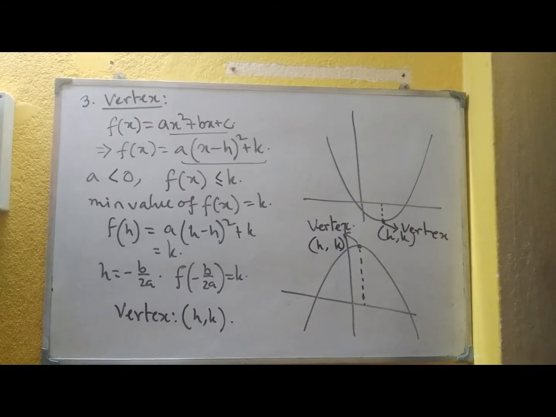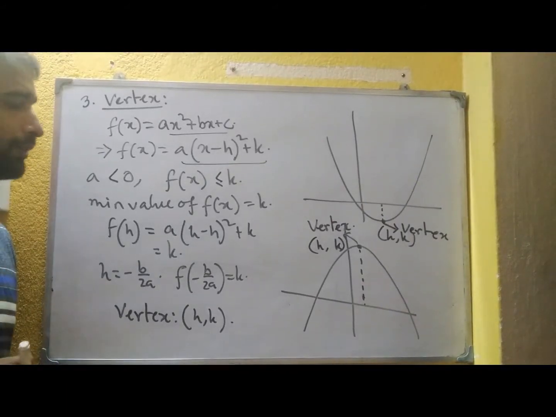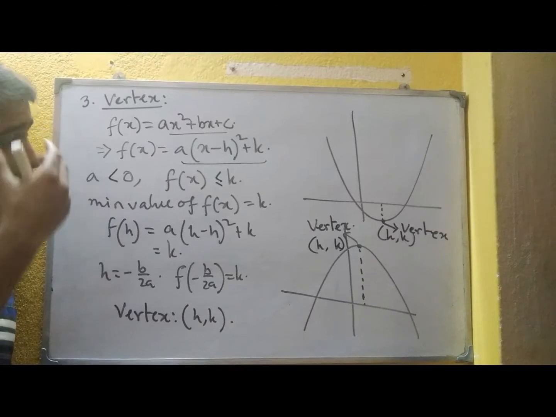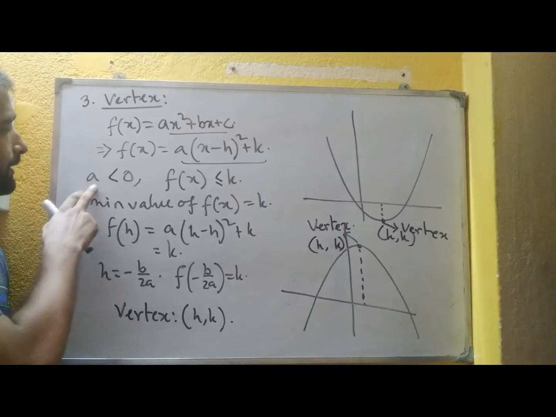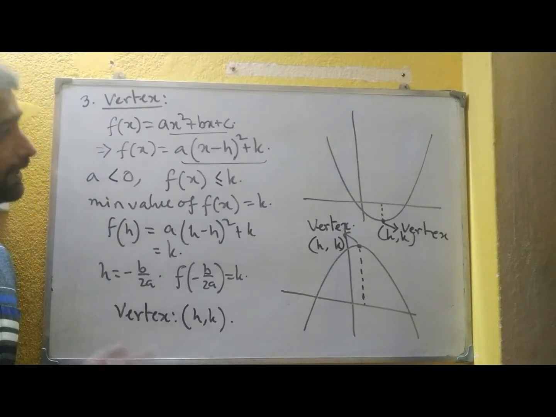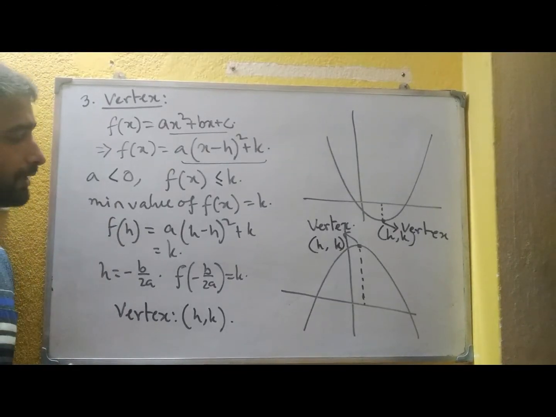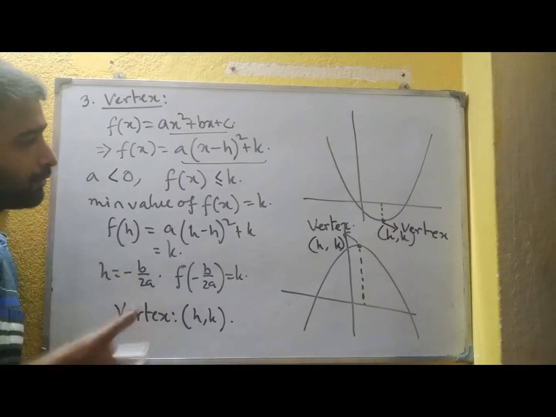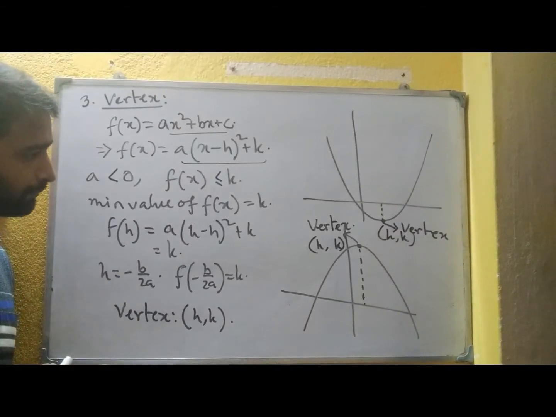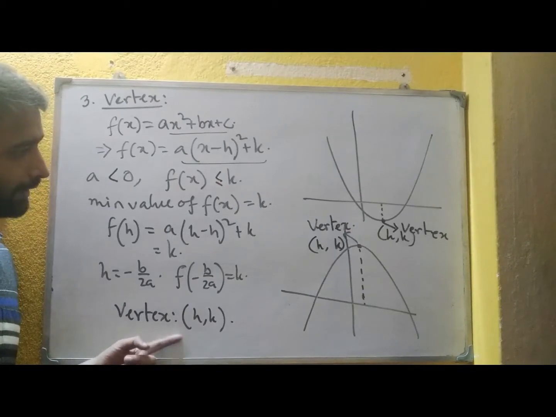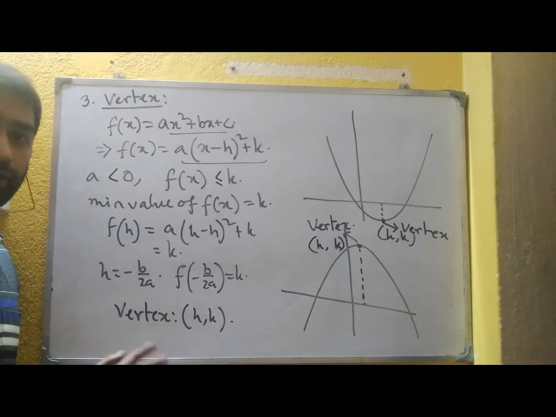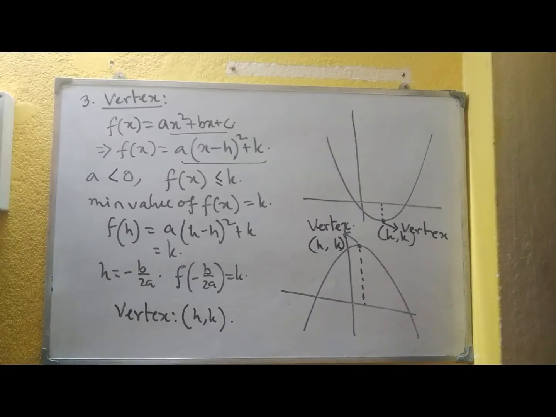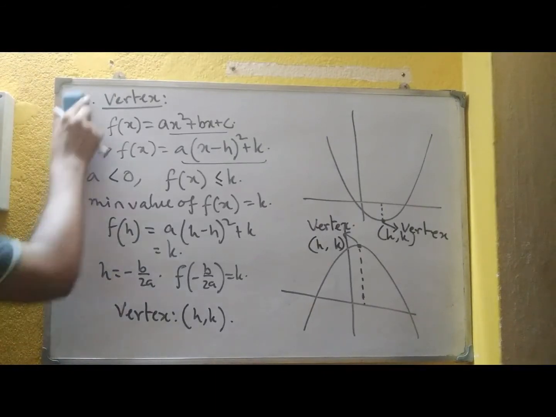So one thing you note, the maximum value or the minimum value are basically having the same expression, that is k. The thing changing there is the sign of a, that is the direction of opening is changing, but the expression is having the same magnitude for the maximum and the minimum values. Also, every time the vertex is also the same, it is (h, k). So the only change is the direction of opening, otherwise everything is the same. So the next topic is the axis of symmetry.